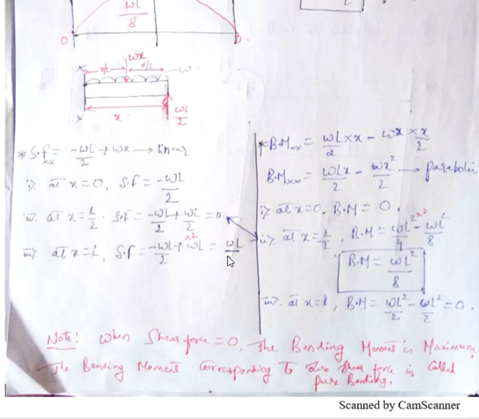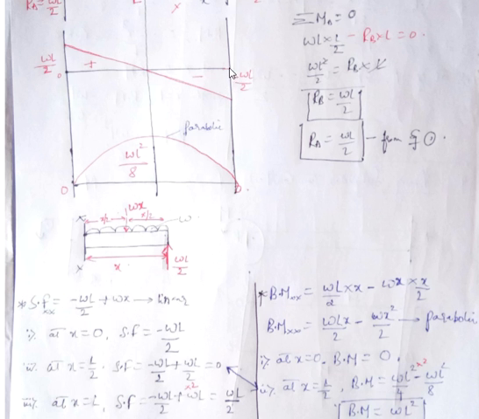Okay, this I am going to plot in the graph. Here you can see when x equal to 0, this is a 0 shear force line, and when x equal to 0 the value is minus WL by 2, so I am taking it in downward direction. Some value I am giving for this, W into L by 2, which is some value, so I am taking it downward. Okay, then when x equal to L by 2 exactly at the center, the value is 0, so this 0 and this line I am joining by straight line because I have got the equation as linear.